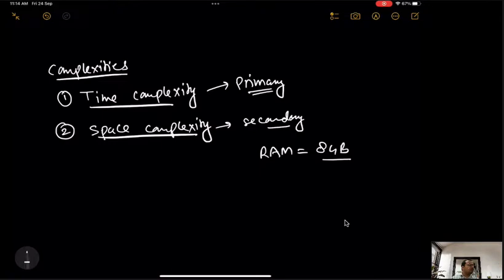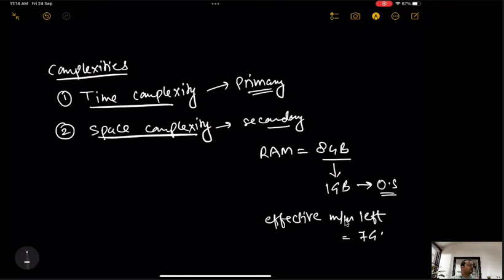So let's say 1 GB is already taken by the operating system, and the effective memory left is 7 GB now.